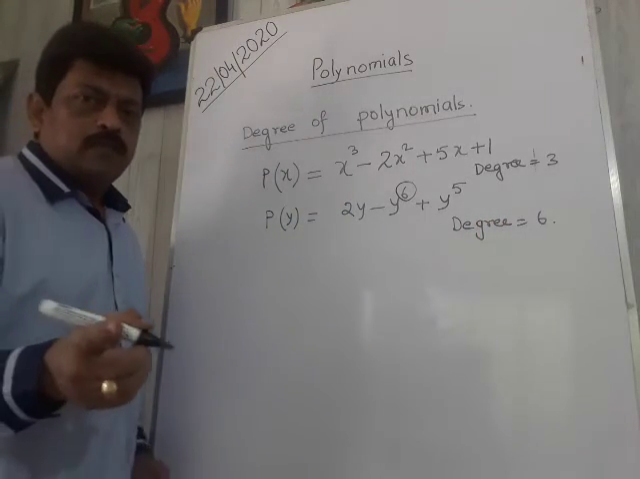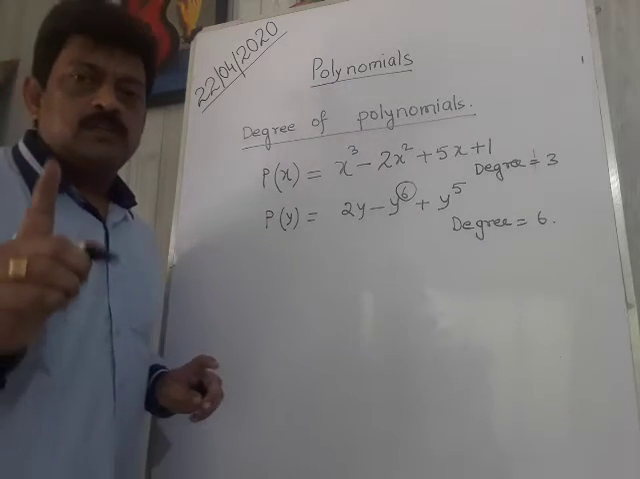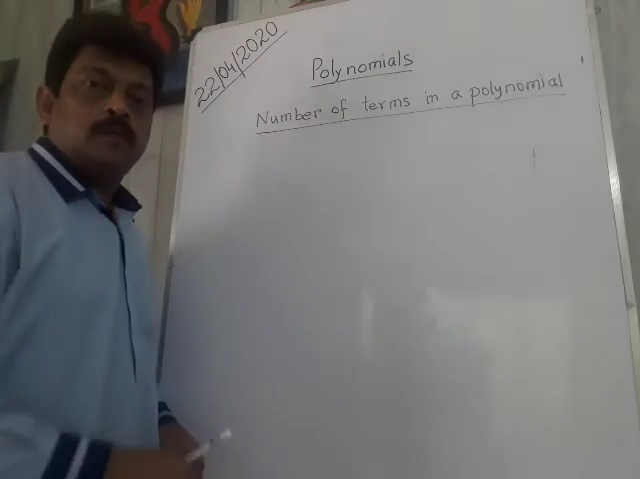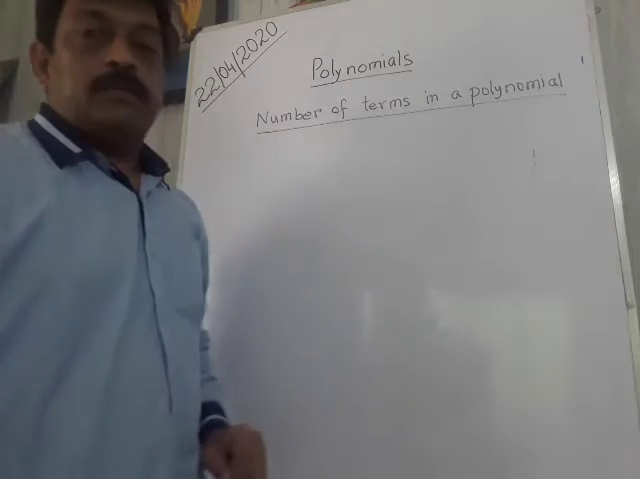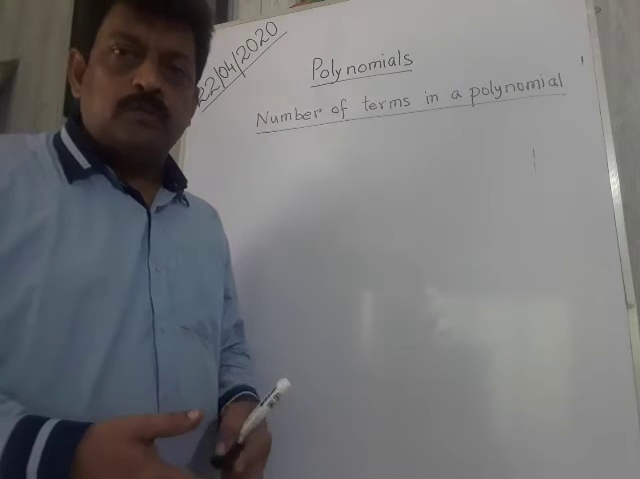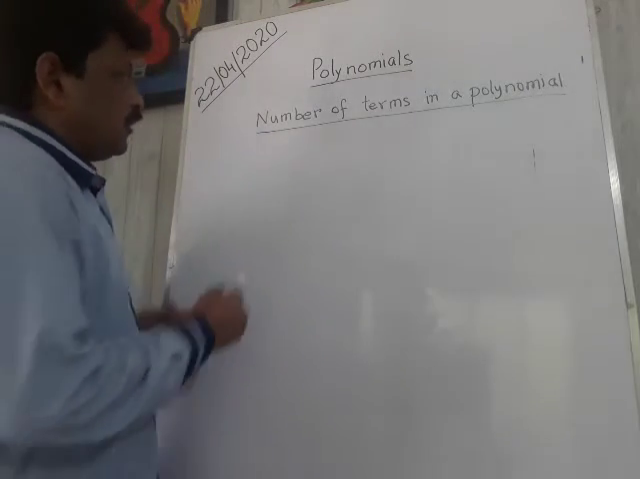So the highest power of any variable in a polynomial is the degree of the polynomial. Now, the number of terms in a polynomial: a polynomial can have either one term, two terms, three terms, four terms or more. For example,